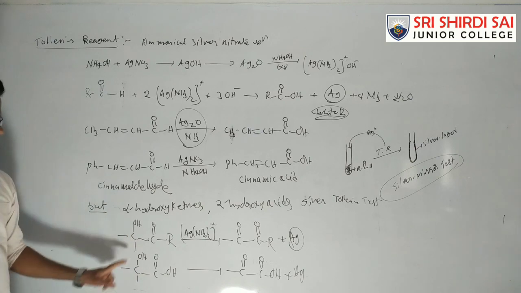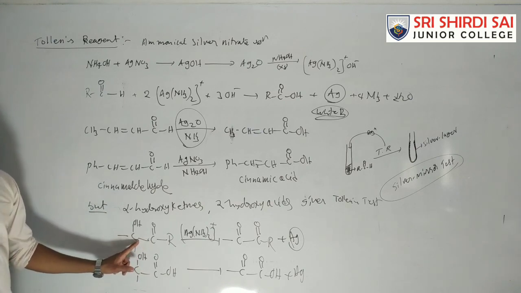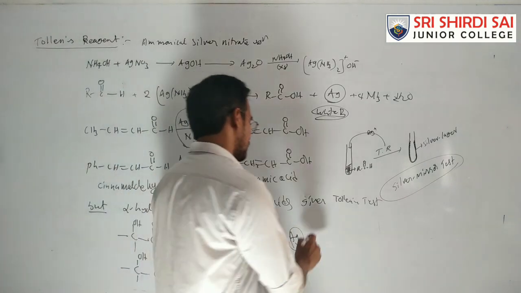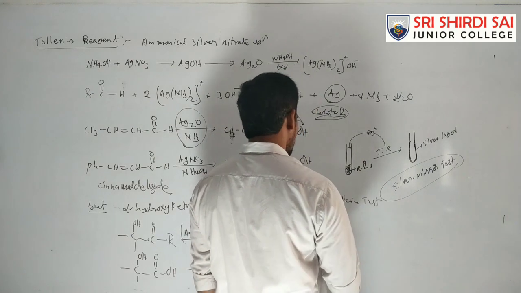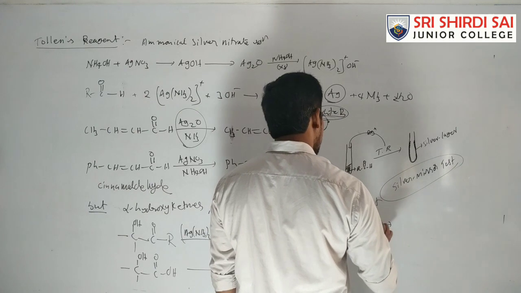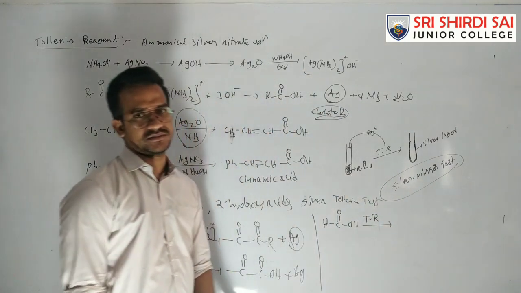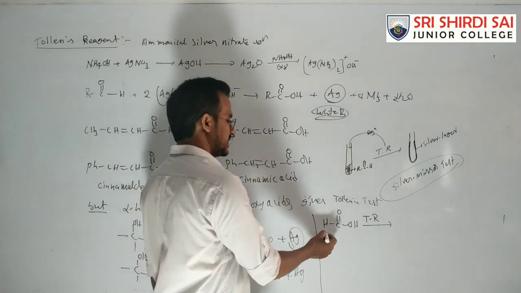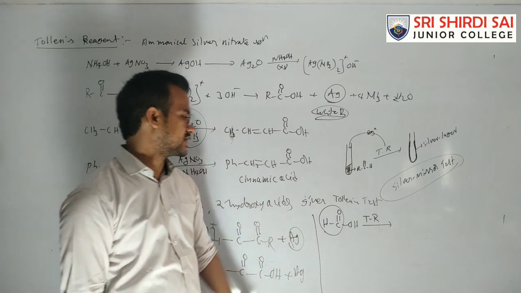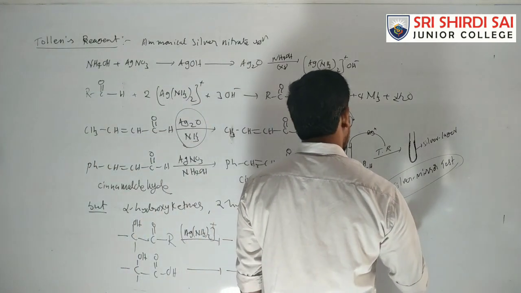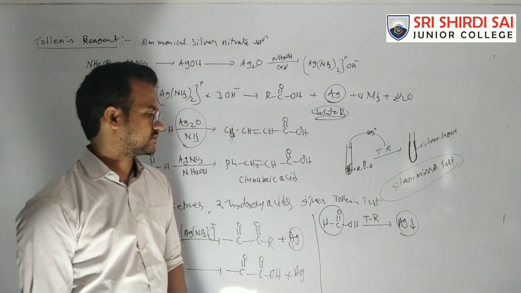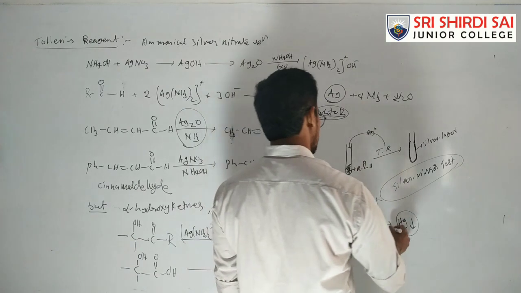But not ketones. Alpha hydroxy is a functional group; this carbon is the alpha carbon, attached to the OH, making it an alpha hydroxy compound. Next, formic acid also gives a positive Tollens test. In formic acid there is an aldehyde functional group, that's why it gives a silver mirror test.